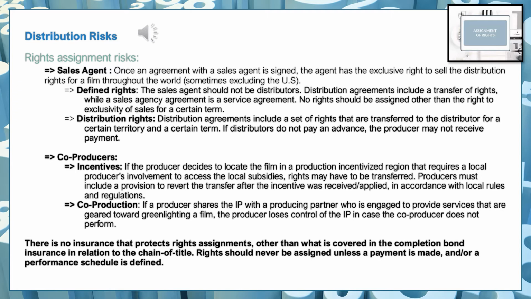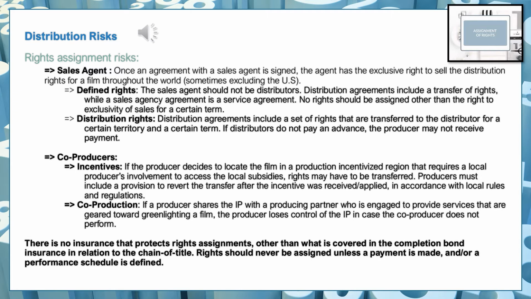The co-producer situation happens a lot too, where two producers come together and they decide to do a movie together, for example, and they say we do everything together, we split all the rights. And then as they continue to work with each other, it turns out that one person is doing all the work, the other person is doing nothing. Happens a lot. In that case, there is nothing much one can do, because if it's not defined who does what and that they're only getting rights or revenues based on the scope that they have delivered on, which is often not defined in these co-production agreements, then the producer is stuck with this other person and is going to have to pay them 50% of the IP or whatever they agreed.